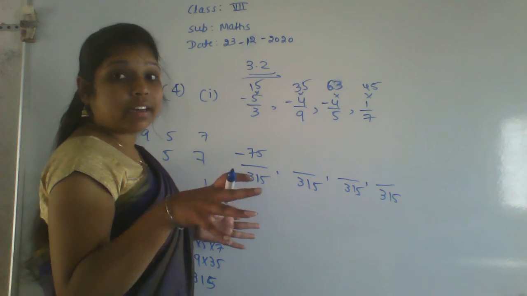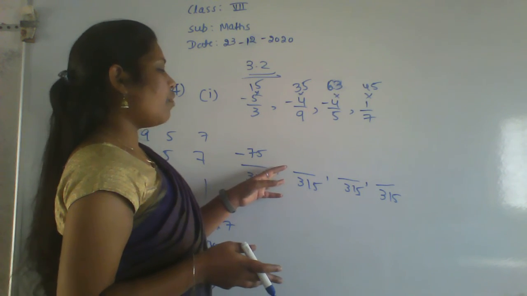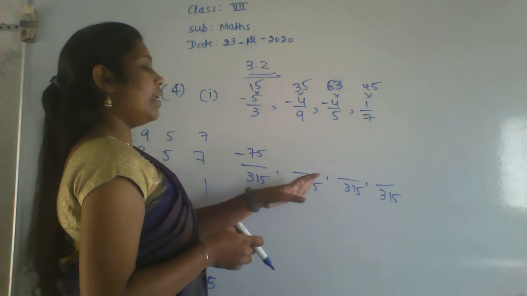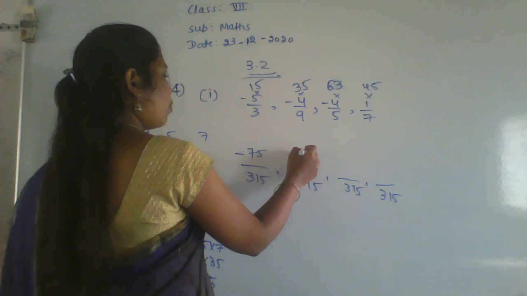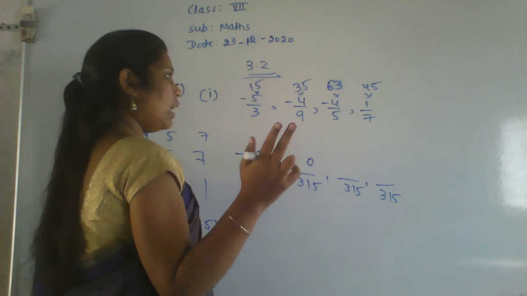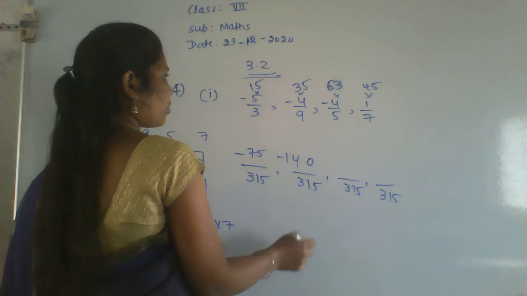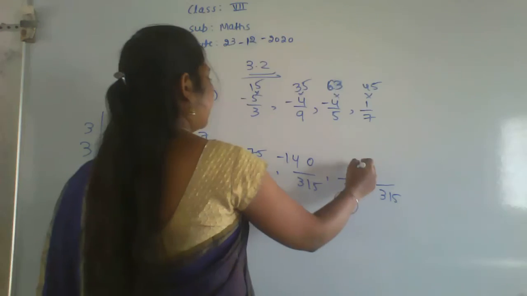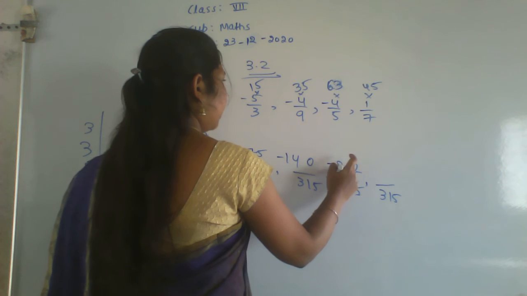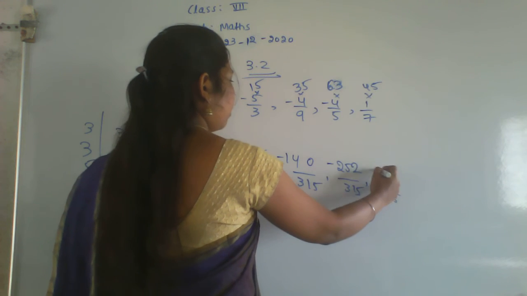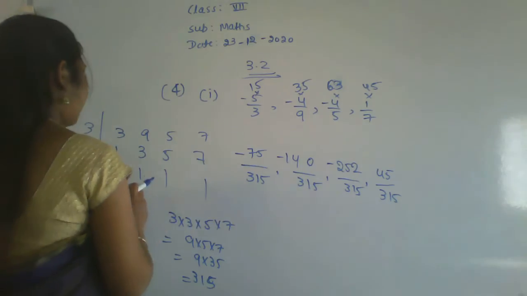this is nothing but like when we are doing addition of fractions, at that time we take an LCM and add, right, like that only. But here instead of writing a plus symbol, we are writing a comma. That is the difference. Okay. So here 35 into 4 is 4 5 20, 2 carry, 4 3 is 12, that is 140, minus 140, and now 4 is 12, 1 carry, 4 is 24, that is 252. Next here 45. Okay, it is a positive sign, means that is the biggest value, right?